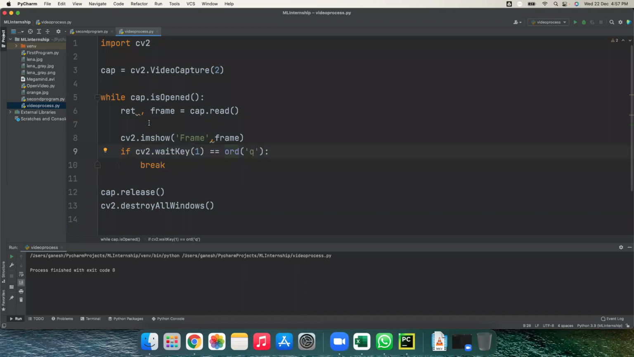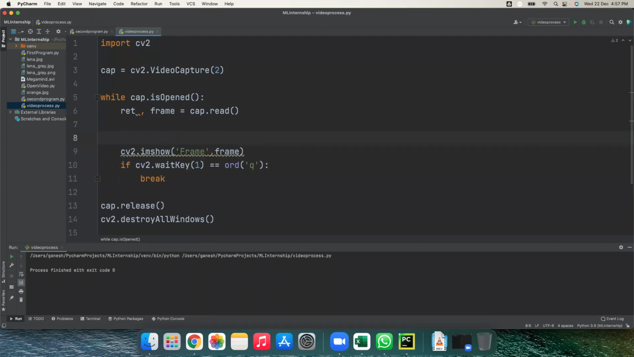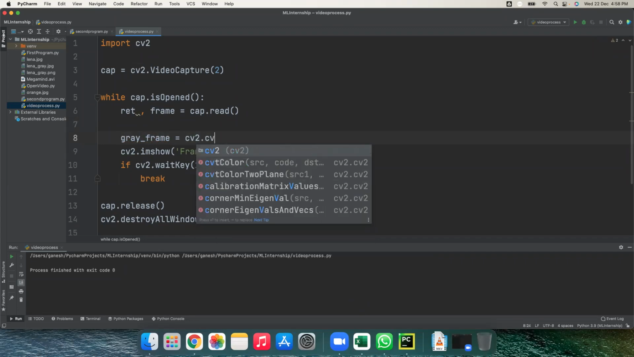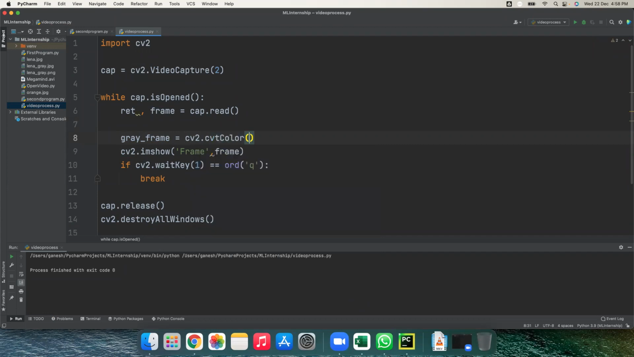Now I want to show the grayscale video here. Grayscale video is very simple. I'm converting this frame, that is my color frame, into a gray frame. Very simple. So how to convert the particular frame into a grayscale frame? There is a function called cv2.cvtColor. The first argument is src, which image you want to convert. So frame,